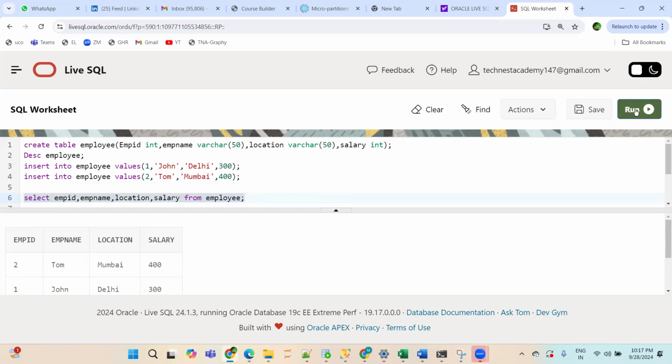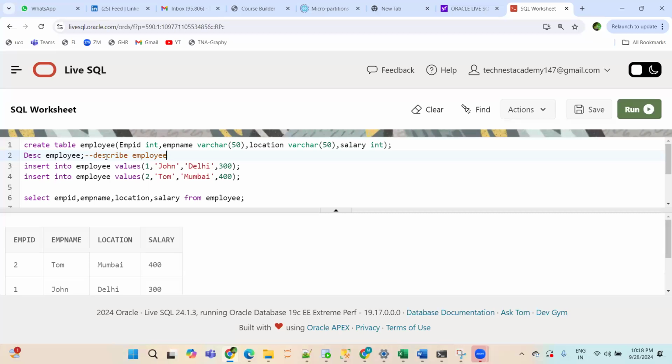Any question? I have a question. What's this second line? Is it descending employee, or is it description? I'm confused about that. Can you clear that? This is describe. The meaning is describe employee. You might be thinking that in order by you have used DESC. So when you use DESC with order by, it will become descending. But here this is describe. When I cover order by, I will cover that.